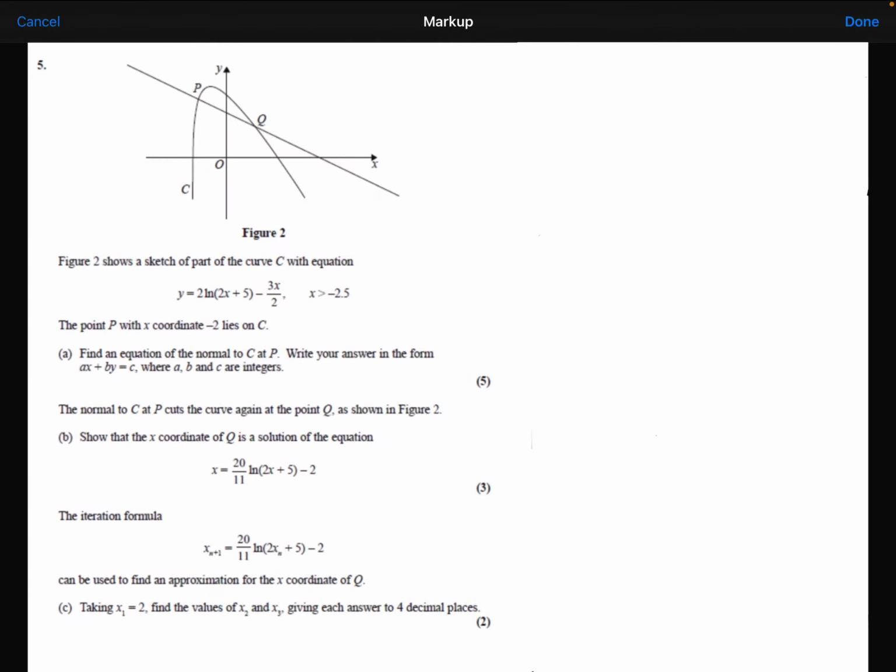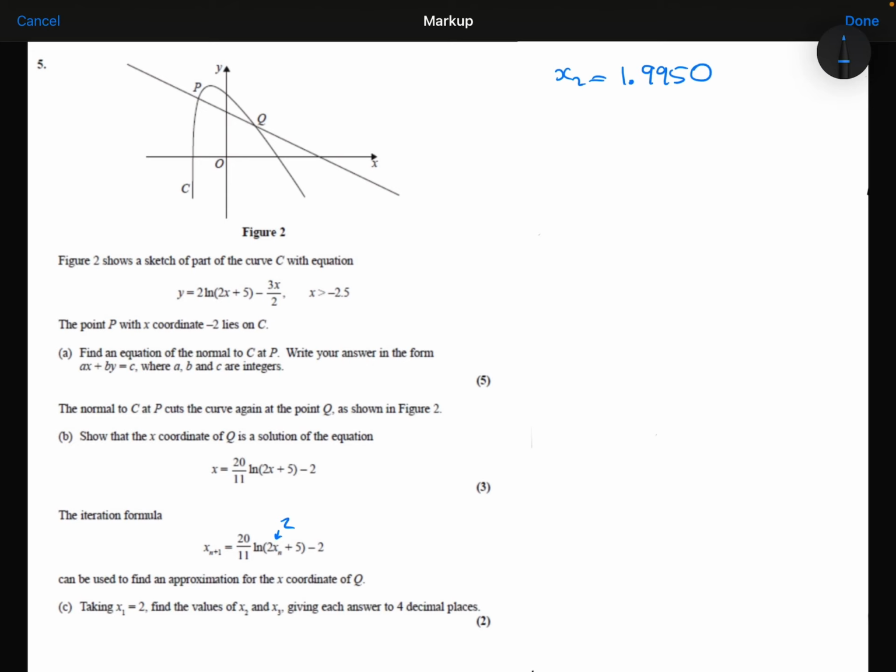We are then told that the iterative formula given there can be used to find an approximation for the x-coordinate of Q. Part C, taking x1 is equal to 2. Find the values of x2 and x3, giving each answer to 4 decimal places. So if I first just substitute 2 in here, typing into my calculator, 20 over 11 times ln of (2 times 2 plus 5), close the bracket, minus 2, and to 4 decimal places I get